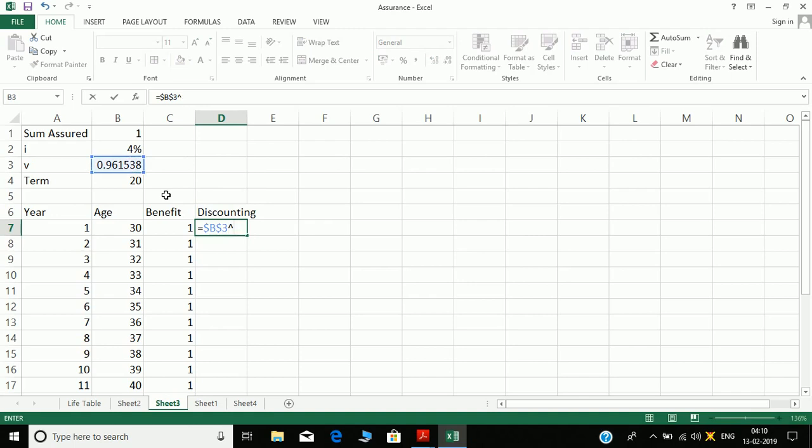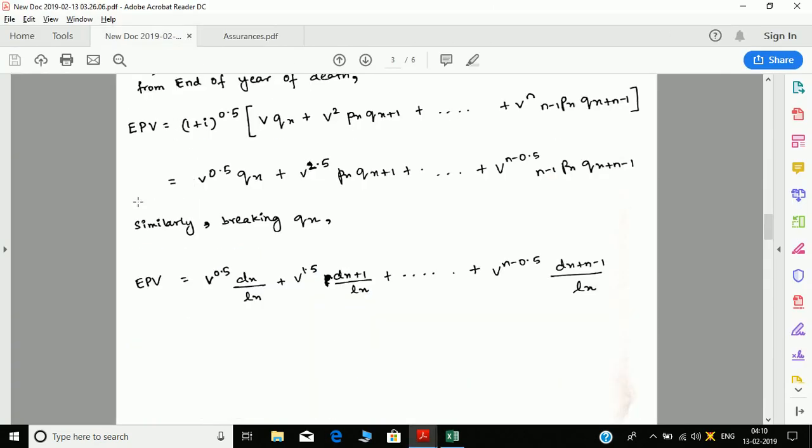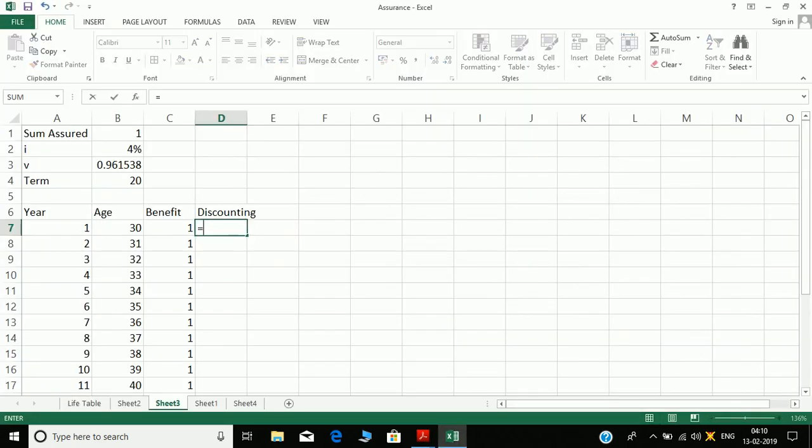Tell me, what will be discounting? According to our derivation, what did we see? Will it be 1? No, it is v^0.5, v^1.5, v^(n-0.5). So either you could have taken time as 0.5, 1.5, 2.5 directly, or what we'll do is